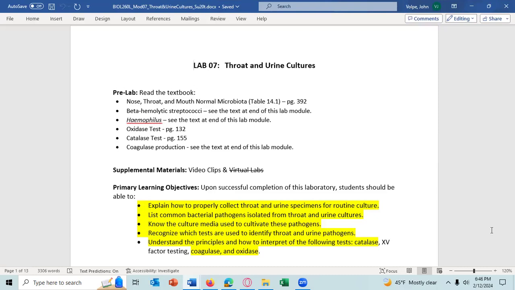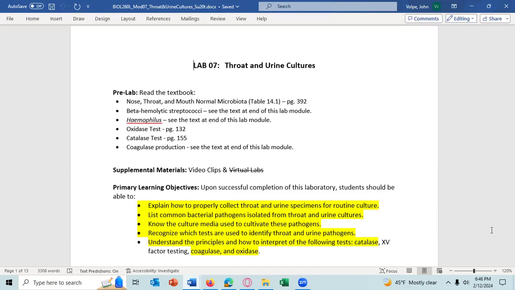3, know the culture media used to cultivate these pathogens. And 4, recognize which tests are used to identify throat and urine pathogens. And then lastly, understand the principles and how to interpret the following tests: the catalase test, the coagulase test, and